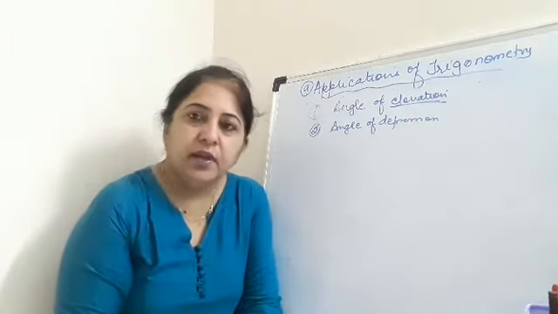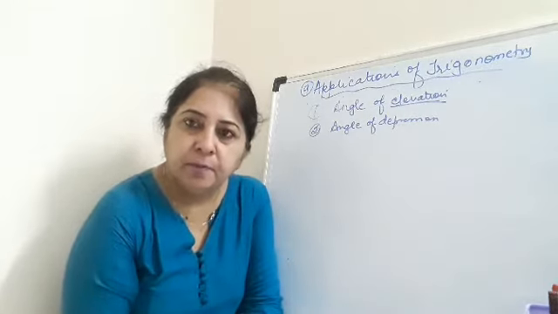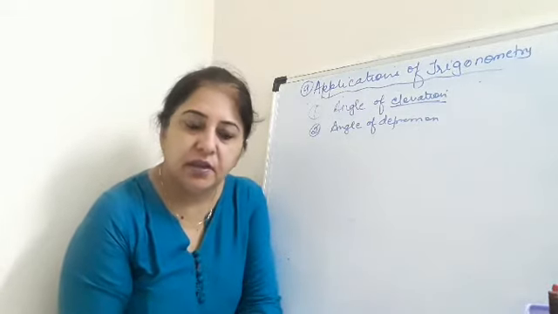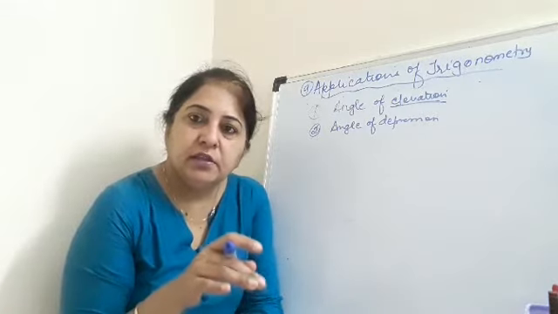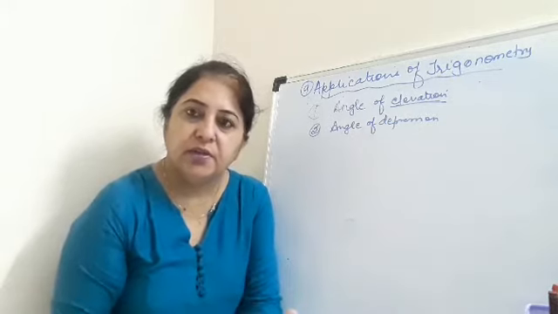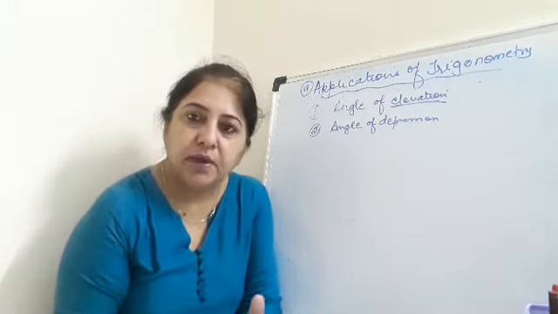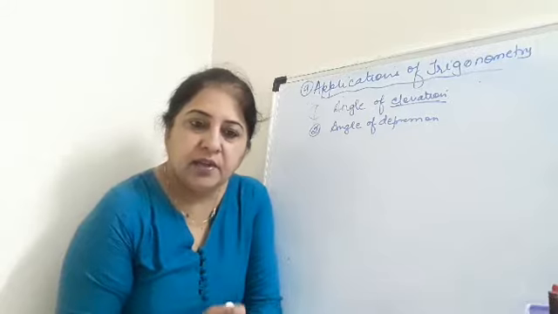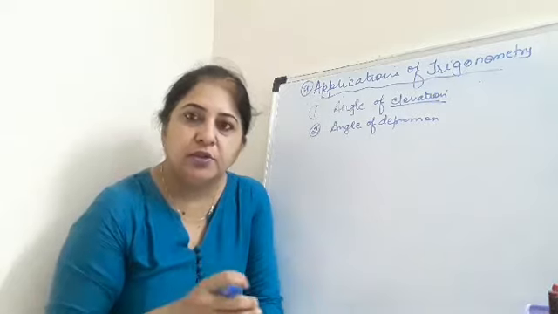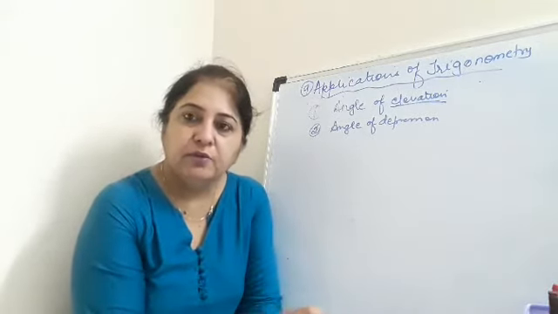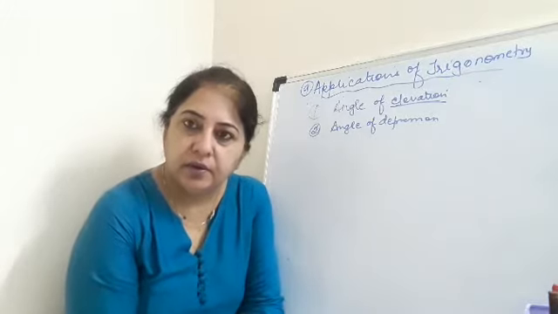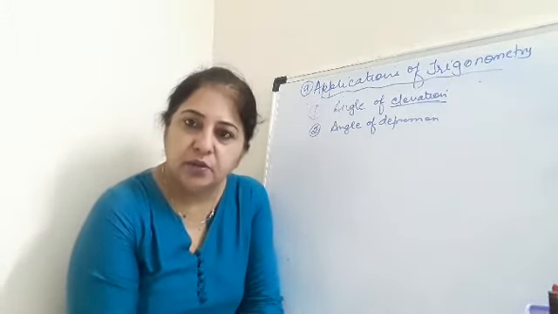Okay, now you know that trigonometry has many applications. It has its applications in astronomy, in navigation, in geography, and it is also used to find the heights and the distances of those objects which we cannot actually measure. Like, suppose I have to find the height of Qutub Minar. So I will not go actually and find the height of Qutub Minar. I have to use the trigonometric ratio technique, and then I will find the answer for the height of Qutub Minar. Similarly, there can be many other situations.